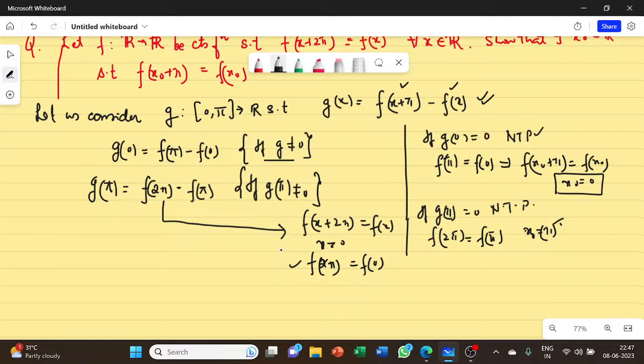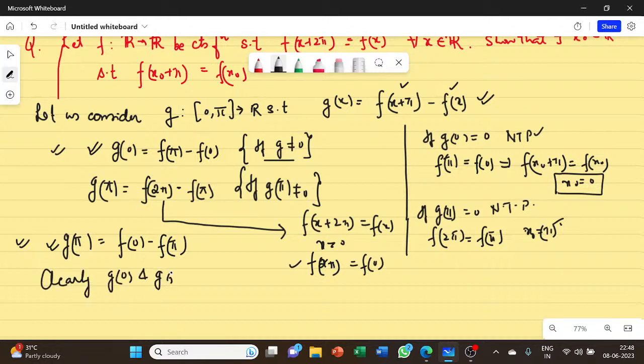So if I write f of x plus 2 pi is given to be equal to f of x, then if I write x equal to 0, f of 2 pi is equal to f of 0. And if this is the case, I can write that my g pi would be simply equal to f of 0 minus f of pi. So if g0 is positive, then g pi would be negative. And if g0 is negative, then g pi would be positive. You can clearly see that f pi minus f0 is written here, and g pi is f0 minus f pi. So clearly, if g0 and g pi are non-zero,